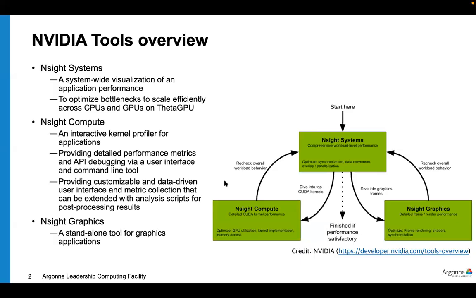So this is the overview of the NVIDIA tools. Last month we had a very quick introduction to ThetaGPU, including the machine learning part and the tools part. I quickly introduced this overview last month, but I just want to remind you of some features. The NVIDIA tools package has several tools under the hood. Nsight Systems provides system-wide visualization of your application performance, and it helps optimize bottlenecks to scale efficiently across GPU and CPU on ThetaGPU or some